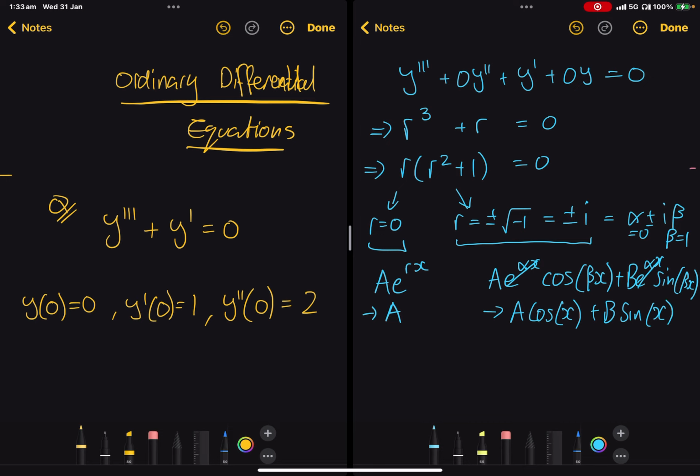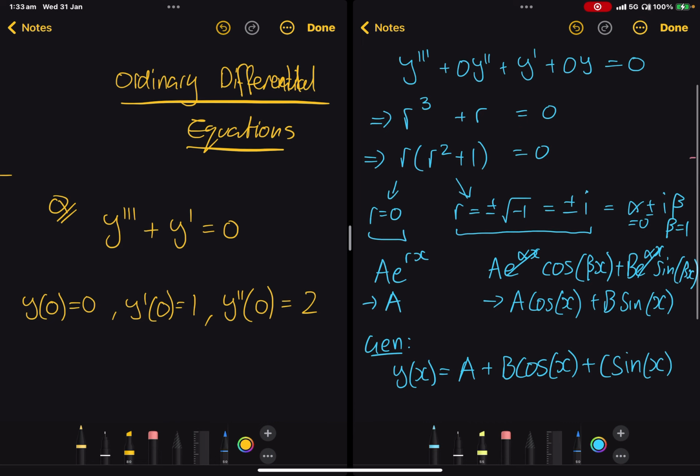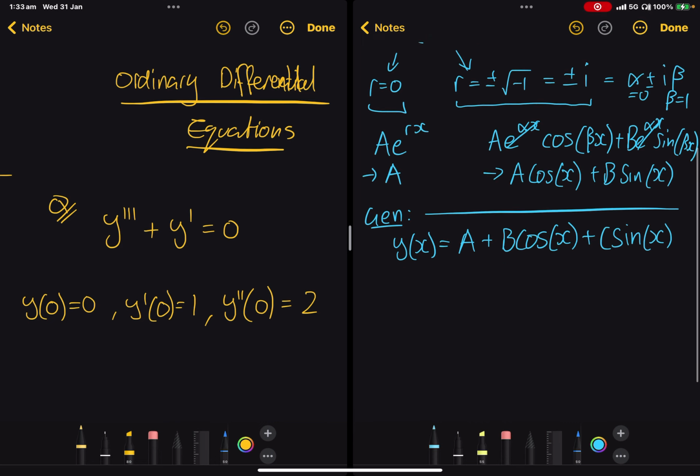Now, because all three of these are solutions, we can't use the coefficient a twice. So our general solution will be the sum of these. y of x will be equal to a constant a plus b times cosine of x plus c times sine of x. And this is our general solution to this third order